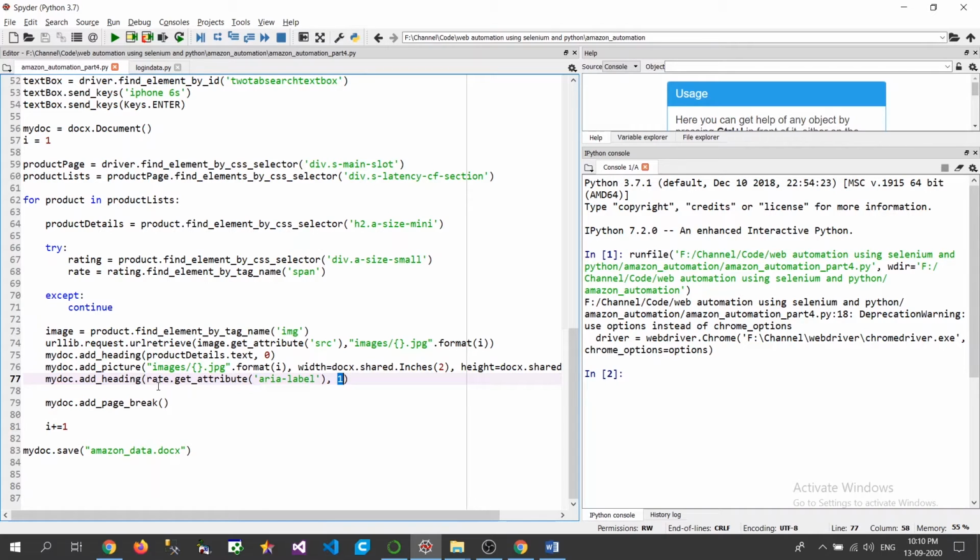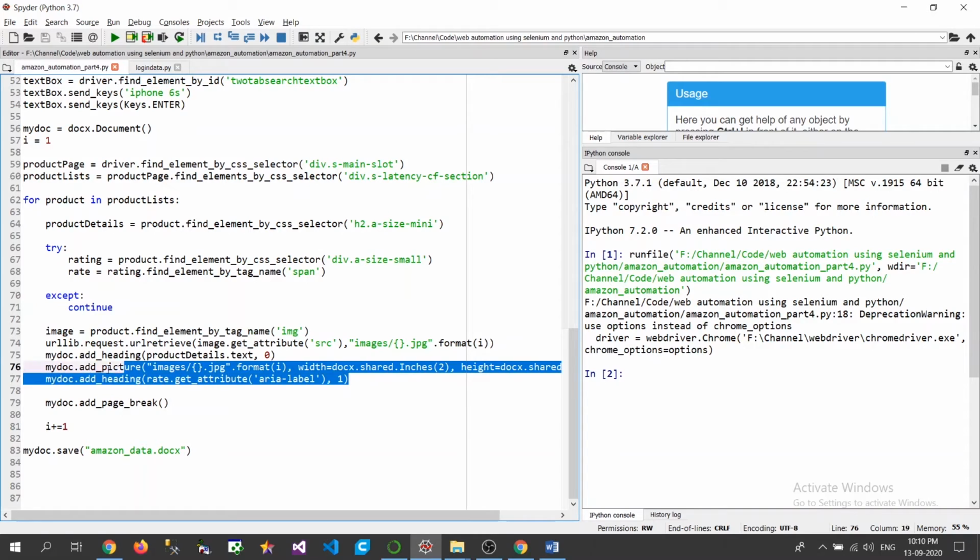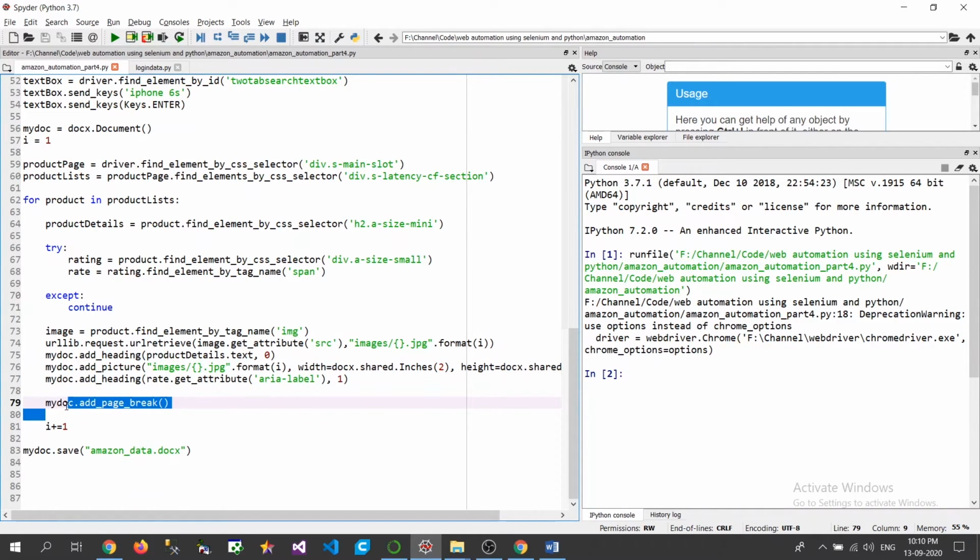Based upon that we can increase the size of the text based upon the predefined heading size in the docs library, and then add that data in the Word document. Here 0 is the highest heading size, followed by 1, and we are adding the rating as heading 1. Next to that we are adding a page break, and then the I will be incremented.